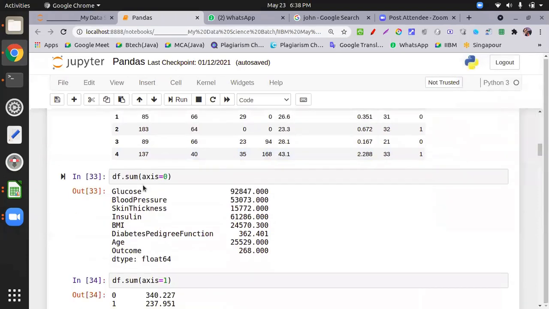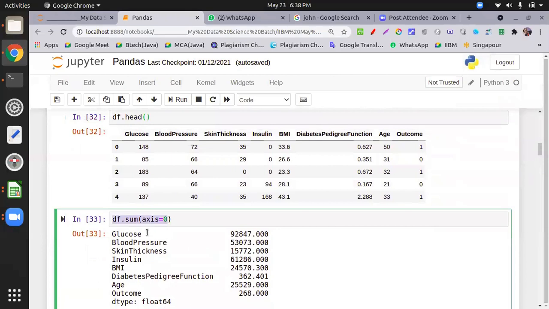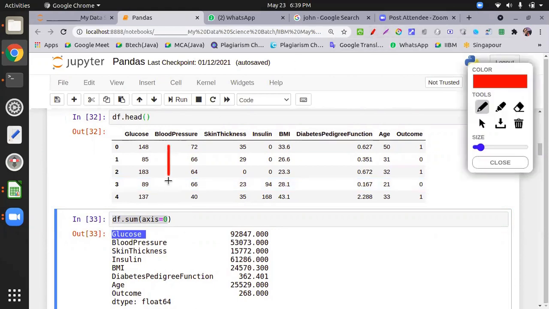Now check this one. df.sum axis equal to 0. So all glucose values, sorry, I just forgot, 0 is for this one, all glucose values. 1 is for this one, meaning 0 is for column, 1 is for row.